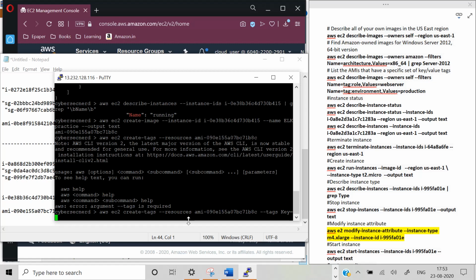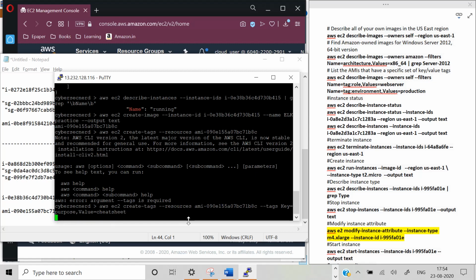Let's use the key purpose, and since we are using this for this video demonstration, let's call the value cheat sheet. I think this will do. Yeah, so I think we have associated this tag with this particular image ID.